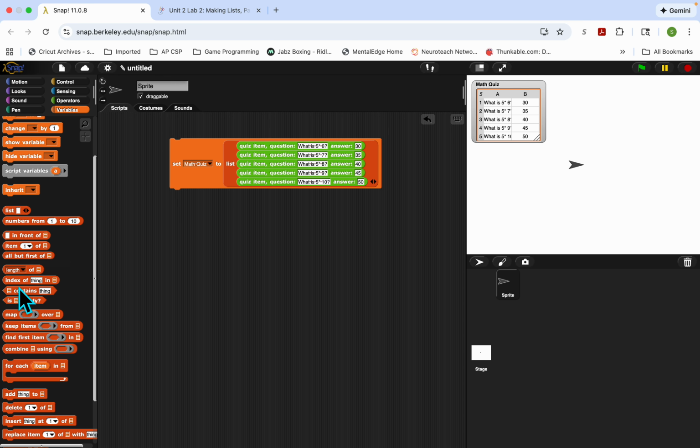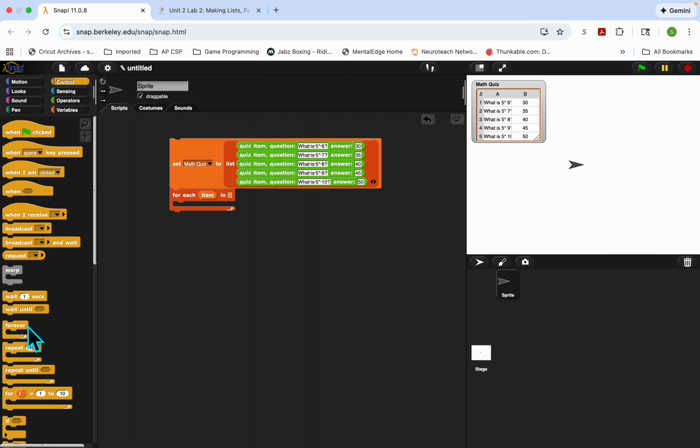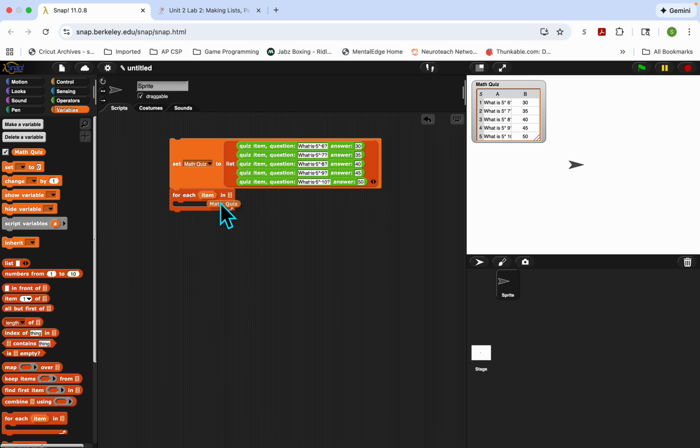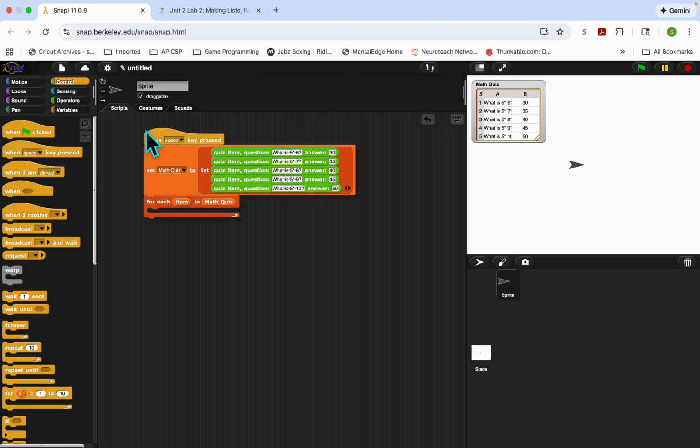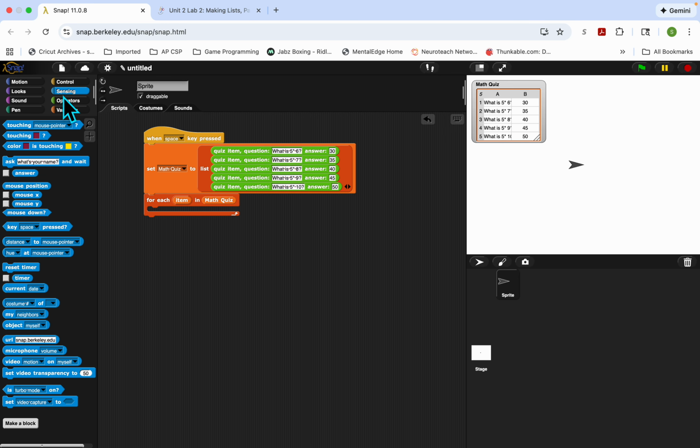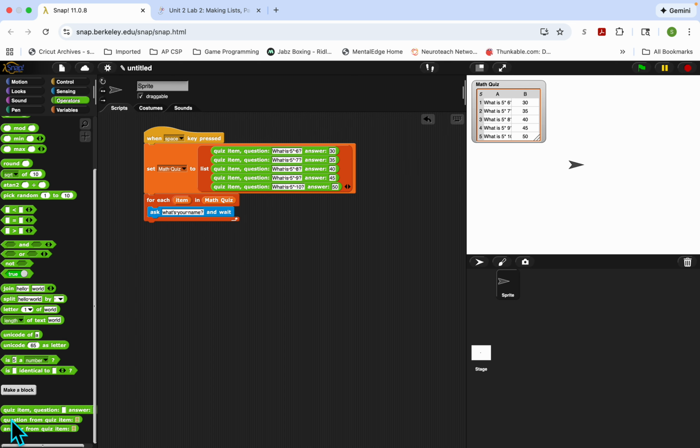The easiest way to do this is to use a for each loop, because otherwise you have to get the for loop and use the I, and you have to do item of, and I will show you, you don't have to do any of that. So what we're going to do is for each item in math quiz, and I like to always do a header thing, we are going to ask the question. So you're going to get an ask, then we got to get the question,